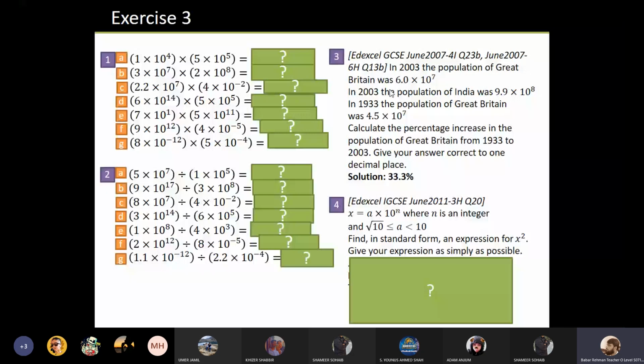The minus and plus rule we will continue, but right now we have learned how to multiply and divide. And are you getting my point? Multiply. I hope you have taken a snapshot of this multiply and divide.